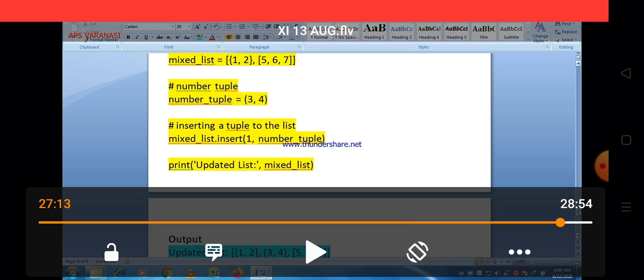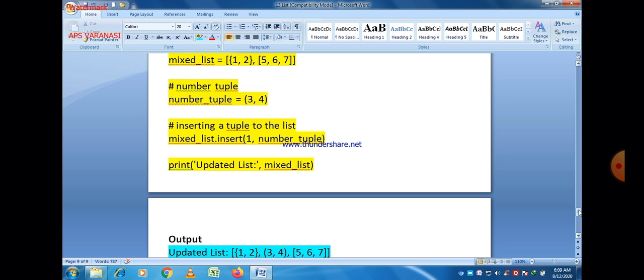Now the second thing that is common to all of these is that they all add an element to a list. So this is the similarity among these three.